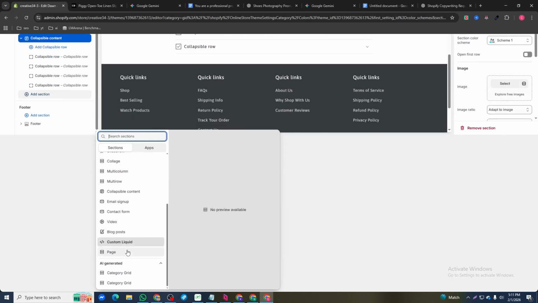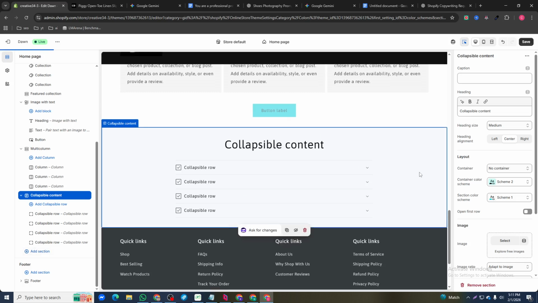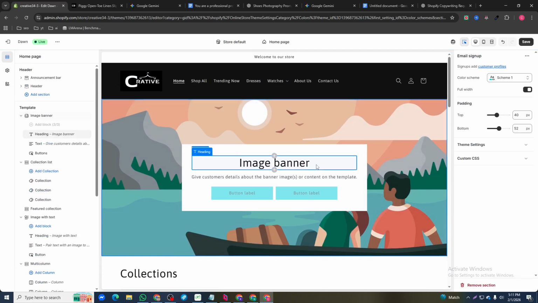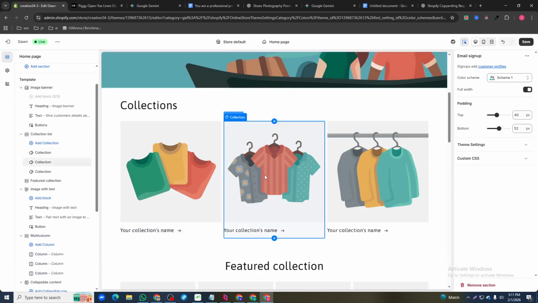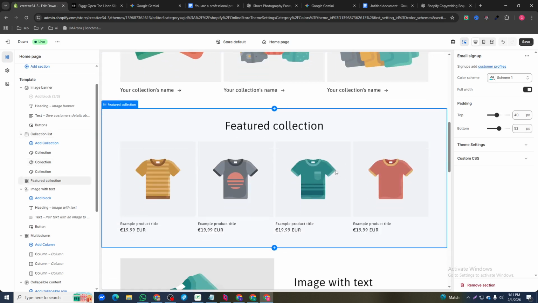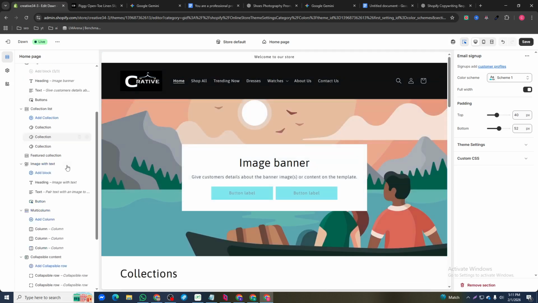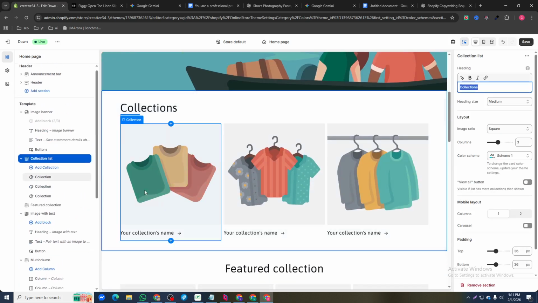Then I will keep the email subscriber, the email sign up. So that's it. That is my layout for this generic store. If you have four to five products, you can go ahead and use this. I hope you understand the layout for this one. Pretty simple and straightforward. I'm not going ahead with that. If you create a multi-vendor store or multi store, I could show you that. So let's start this one.